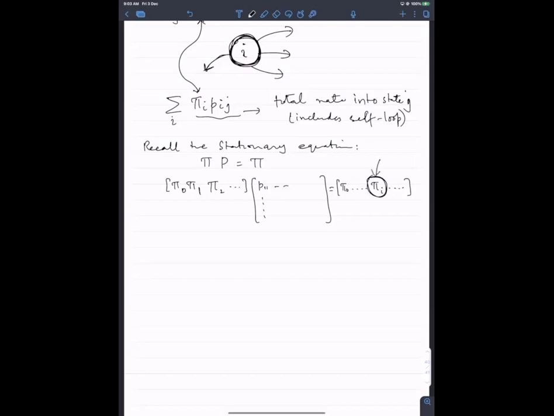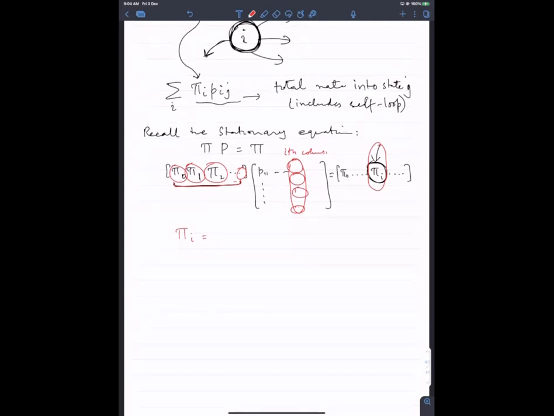How does the ith element come about? This entire vector gets multiplied with the ith column. The first element is multiplied with the first, plus the second with the second, the third with the third, and so on, the last with the last. This is simple matrix multiplication. Once you do that, you get the ith element of the result. So your stationary equation is pi i equal to, we have done this before, just writing it formally,